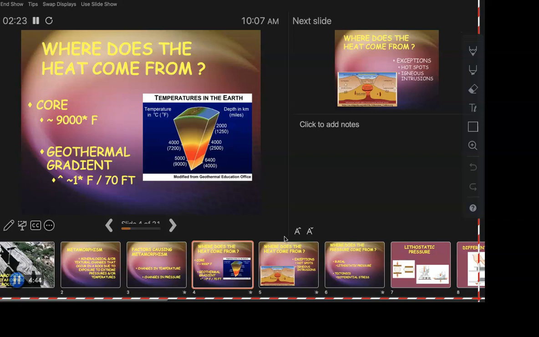So picture just literally plate tectonics, conveyor belt, bringing it into the earth. Don't worry about how weird it would be for that to actually happen, but it does happen. Okay. So remember the geothermal gradient, we talked about that. There's a slow gradual increase in temperature as you go into the earth. So that's how you get there. And by the time you get to the core, you're at about 9,000 degrees Fahrenheit. Now these guys aren't going anywhere near the core, okay? But it's hot in there is the point.